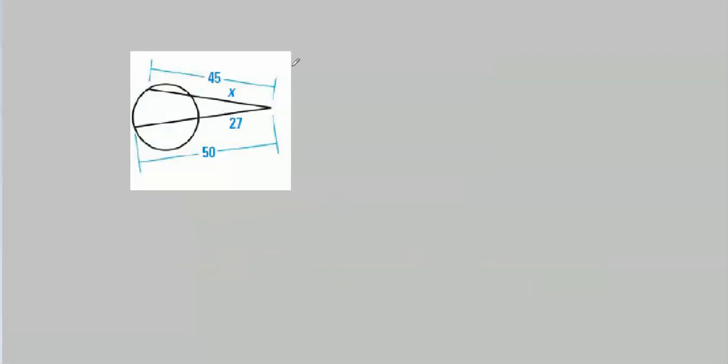Well, it looks like, once again, we need our secant segments theorem. We don't have any labels here, but that's okay. Remember, it's this section times the whole thing, this segment times the whole thing, equals this segment times the whole thing. That's, I think, usually the easiest way to remember it. And then you can rearrange it into ratios if you need to solve the problem. So let's try it that way first.